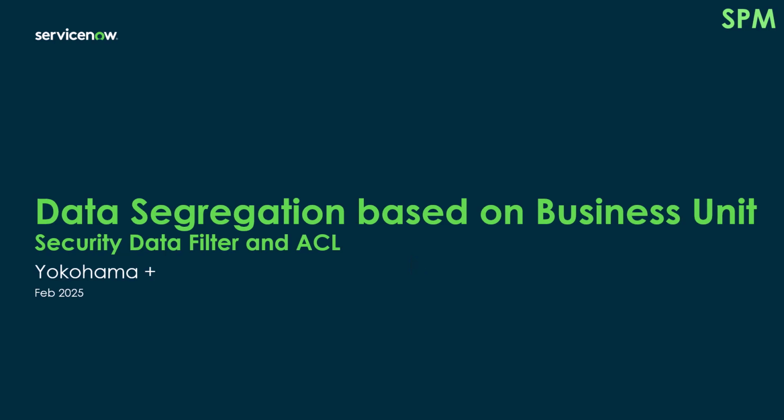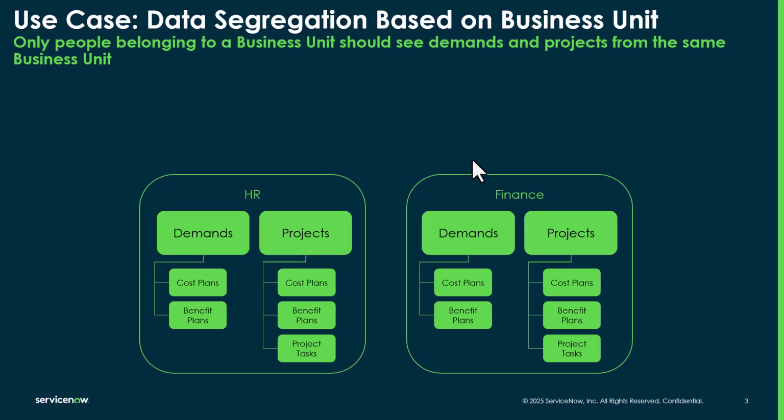We are going to explore how to do data segregation in SPM based on BizUnit, leveraging the security data filter capability available from Yokohama. It's a platform capability, and ACLs as well. What's expected from this use case is that only people who belong to one BizUnit